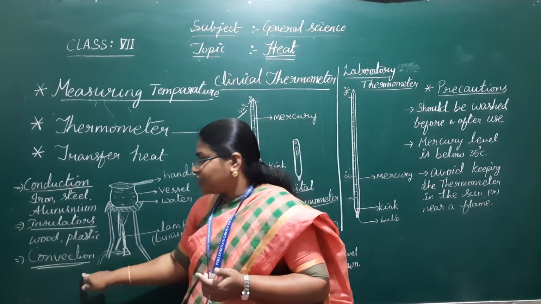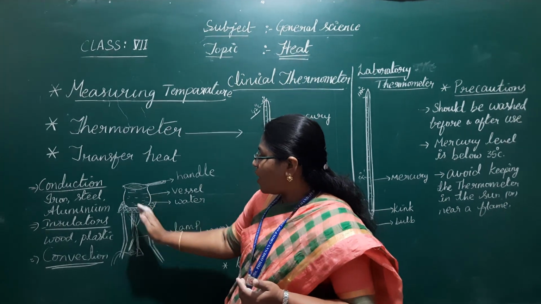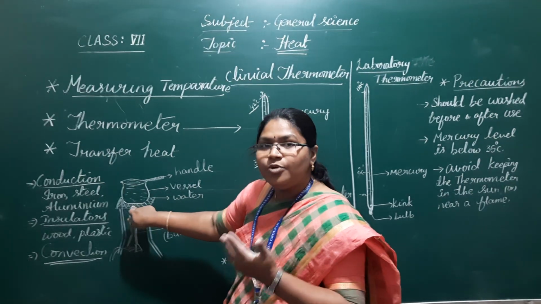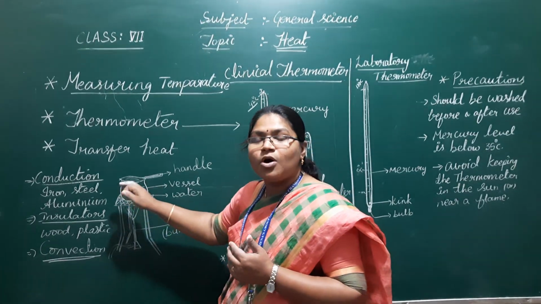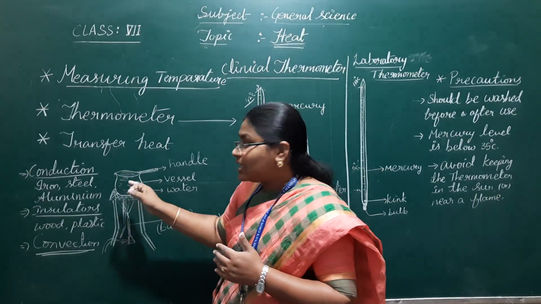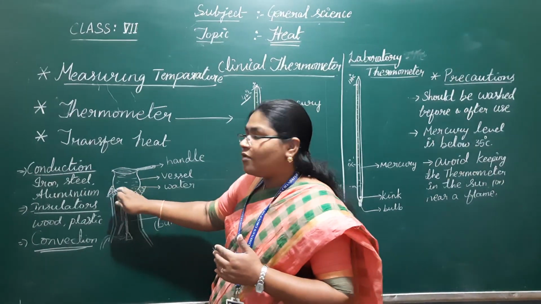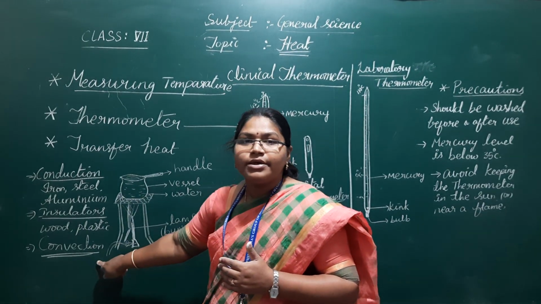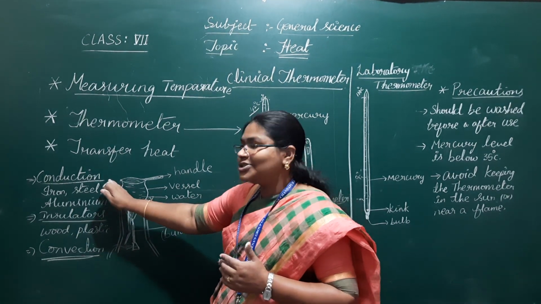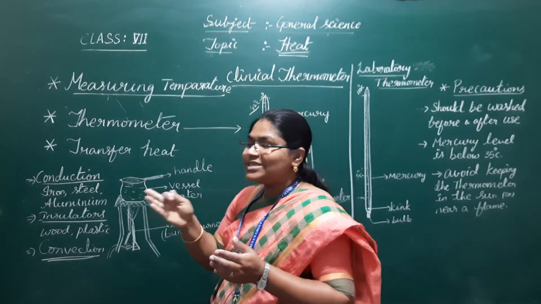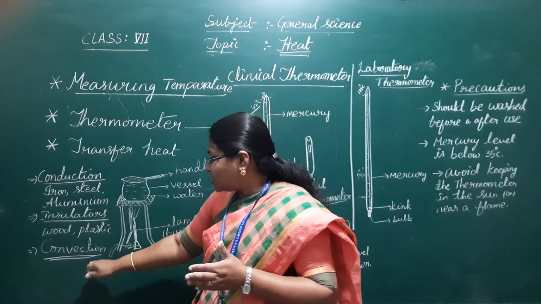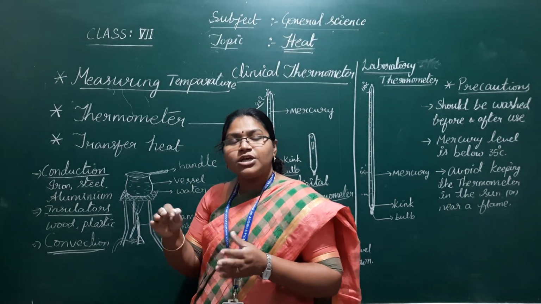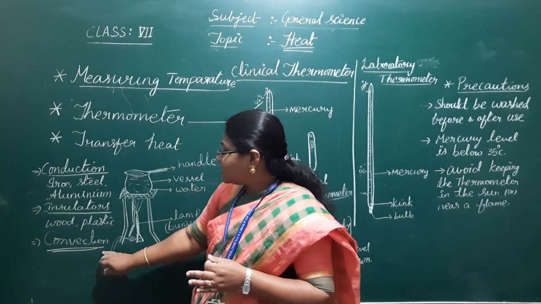So next one is convection. First, the heat transfers from the lamp to the bowl, which is a conductor, because the aluminium foil mesh and the aluminium or iron steel bowl are conductors. Then the heat moves through the whole bowl of water; that is the process we call convection. Convection and conduction resemble each other. Conduction is just transferring the heat, but convection means we should wait until the full bowl of water is boiled. So this is convection.